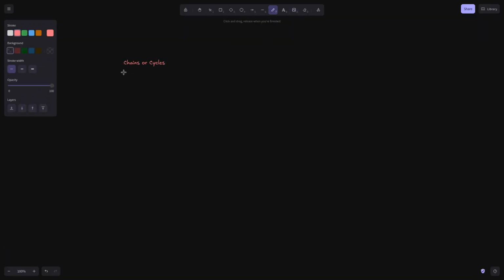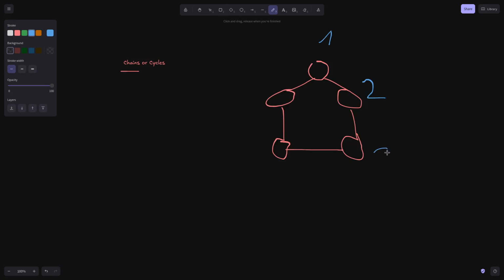So let's take the case of chains first, right? Assume we have a 5 node chain, classic pentagram. Do you call these pentagrams? I don't even know. Whatever. Let's say you have this particular 5 node graph, and we know we're working with connected graphs, so all nodes are definitely connected. We need to number this graph. So we could probably number it in a fashion like this, say 1, 2, 3, 4, 5, and we need